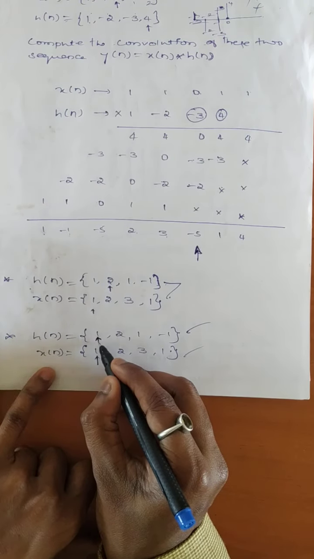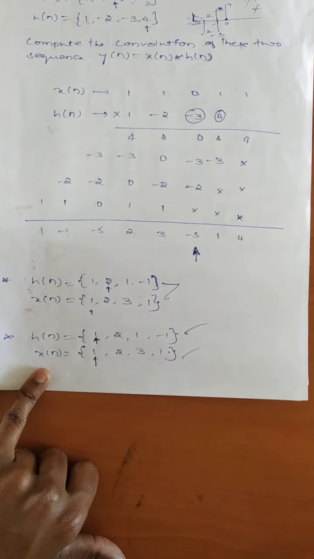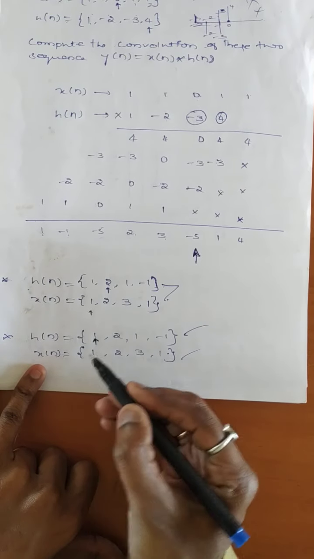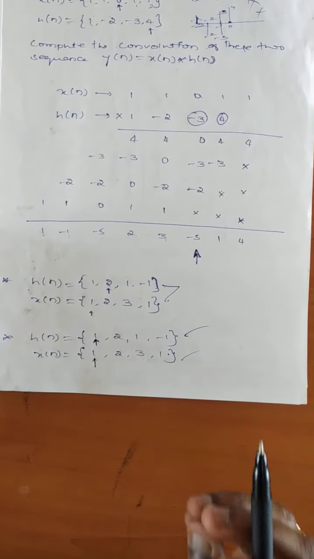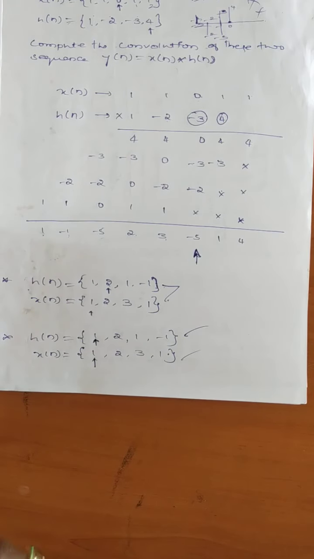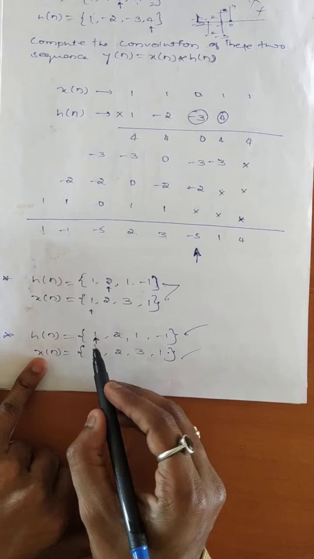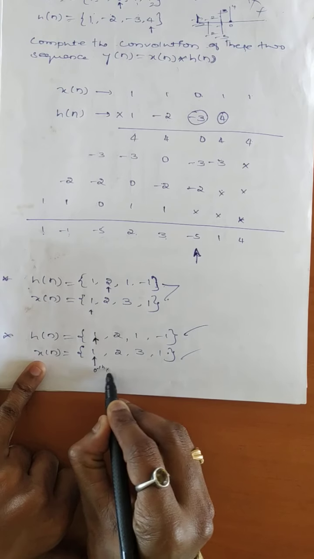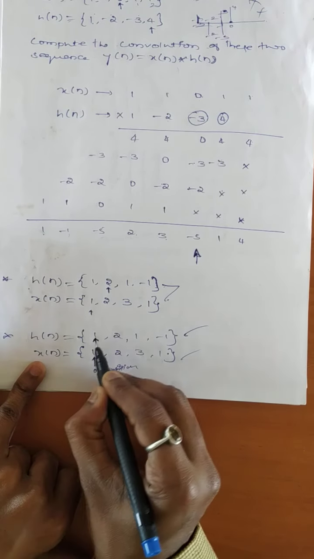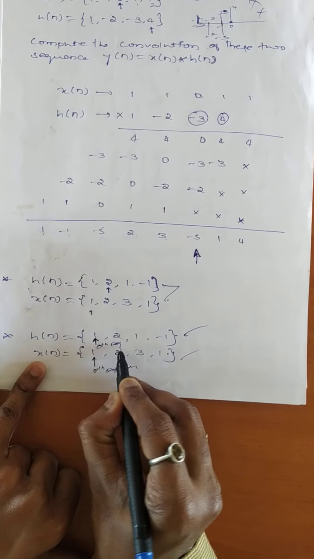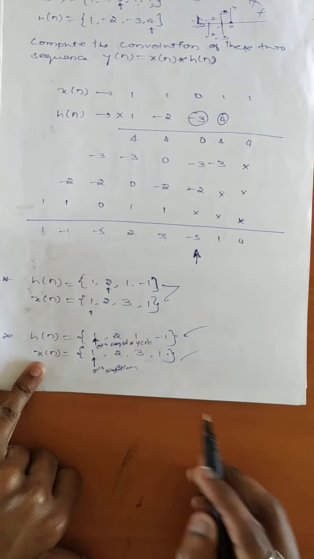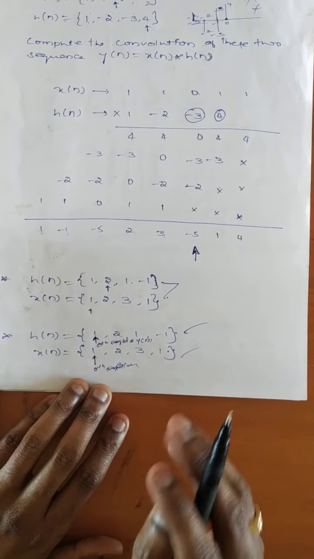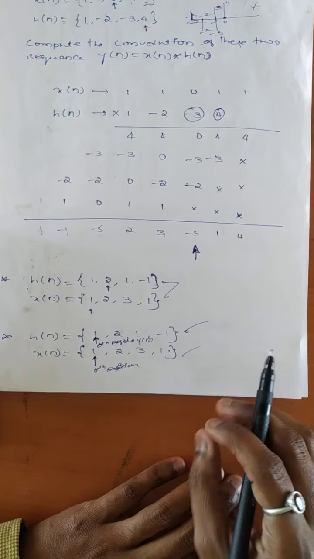This is very important in convolution sum. Identifying the 0th arrow is very important. In many cases, they are not going to mention arrow marks. If they have not mentioned any arrow marks, we just consider the first point, or first sample itself, as the 0th position and put the arrow mark below that. So this will become the 0th position of x of n and the 0th position of y of n. This is what the convolution sum is, and the convolution sum of the 0th position. Thank you.